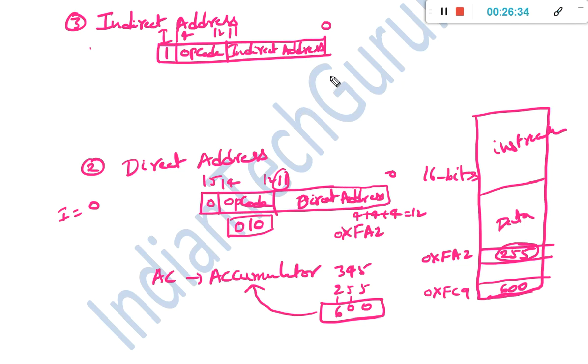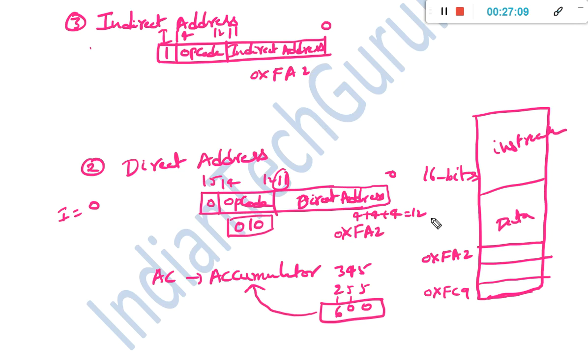Okay. So if it is a direct address location, then we are going to fetch the operand directly from the address location. However, now it is not a direct address, it is an indirect address. So then how are we going to fetch the data? Okay. So let us see. As far as the indirect addressing mode is concerned, assume the indirect address now is 0xFA2.